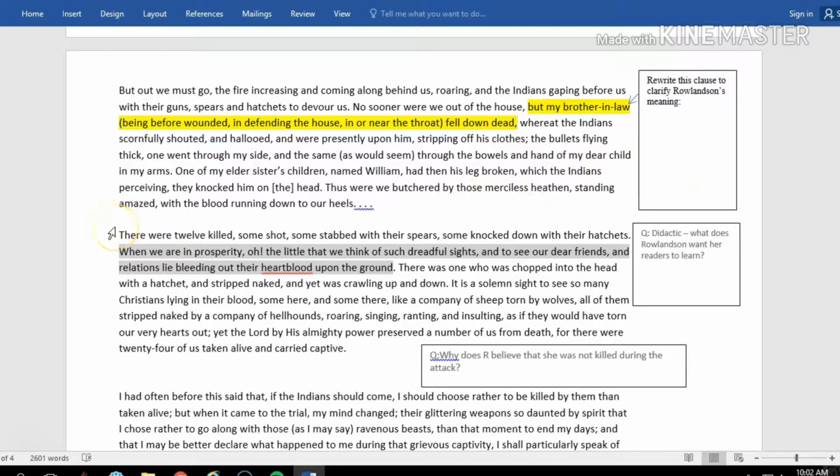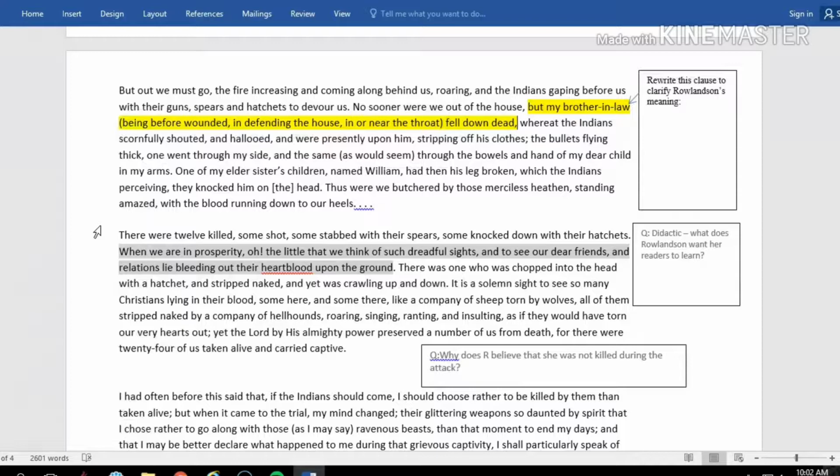Next paragraph. There were 12 killed, some shot, some stabbed with their spears, some knocked down with their hatchets. When we were in prosperity, oh, that little that we think of such dreadful sights, and to see our dear friends and relations lie bleeding on their heart blood upon the ground. There was one who was chopped in the head with a hatchet and stripped naked, and yet was crawling up